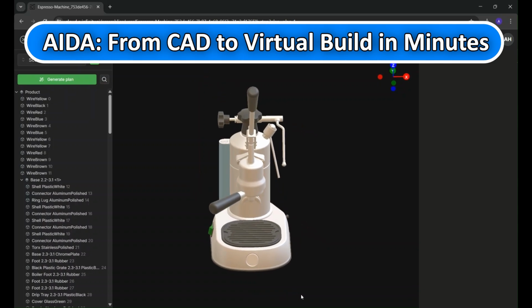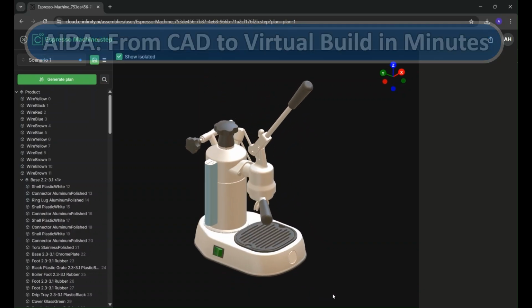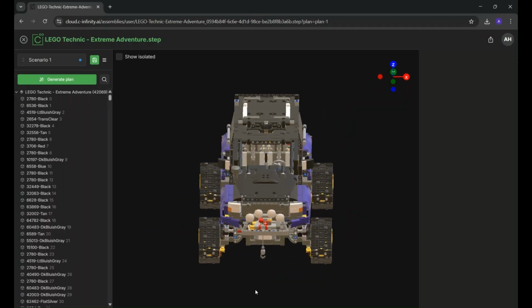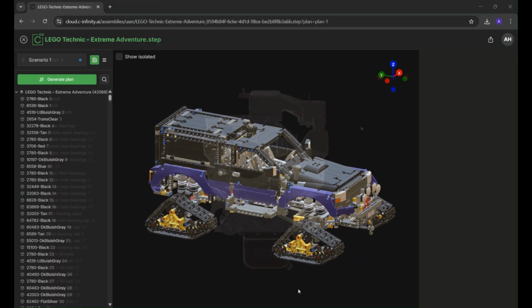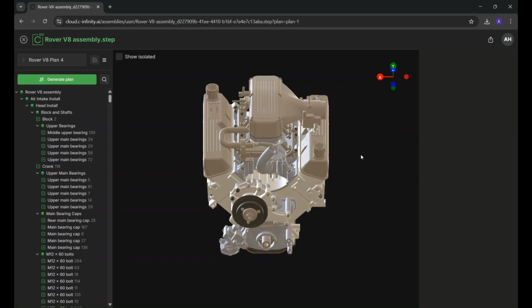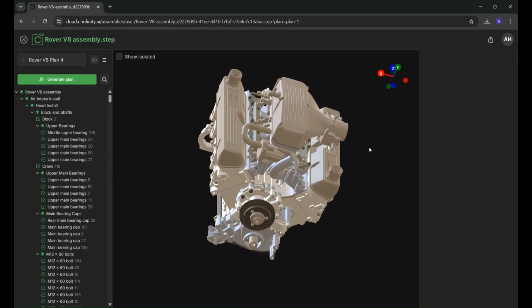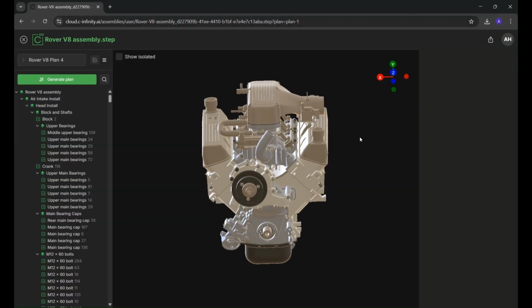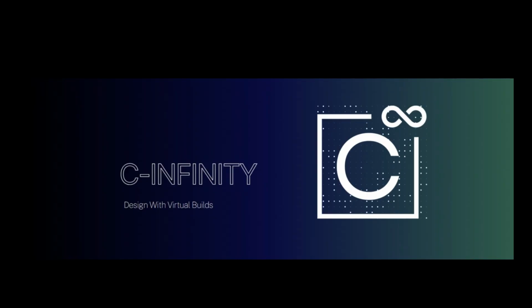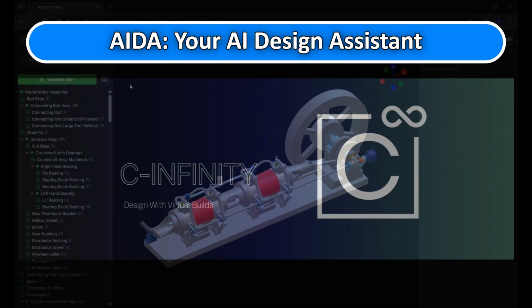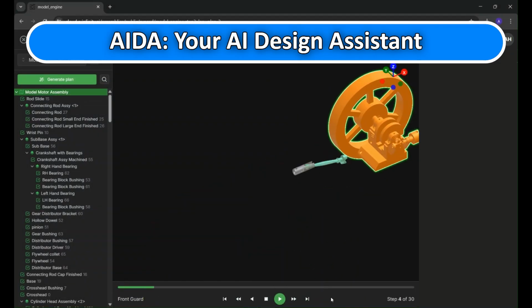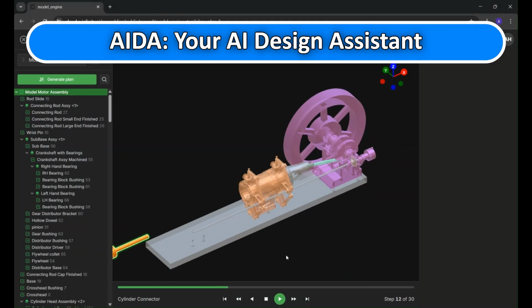Mechanical assemblies are pervasive in our lives, from Lego and furniture all the way up to complex products found in advanced manufacturing, across industries such as heavy machinery, aerospace, automotive, and semiconductor manufacturing. At C Infinity, we are building AIDA, your AI design assistant that transforms 3D CAD assemblies into interactive virtual builds